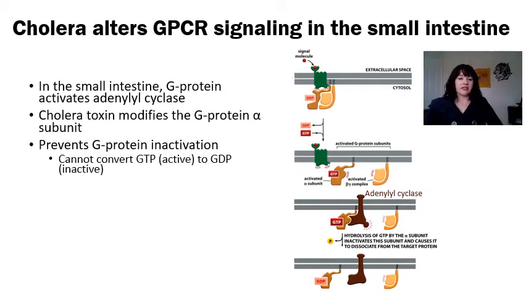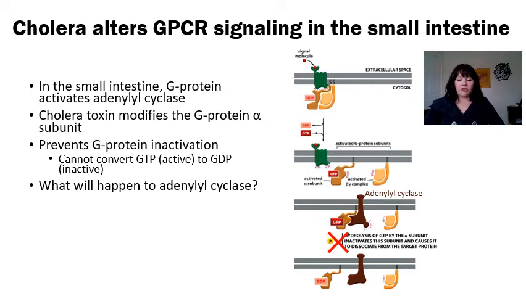What the cholera toxin does is it modifies the G protein alpha subunit. It causes the G protein to be unable to inactivate itself, right? So the GTPase function of this G protein no longer works, and so it's never going to switch out, never going to convert GTP to GDP. What that means is that this G protein will remain constantly active and will be able to constantly activate its